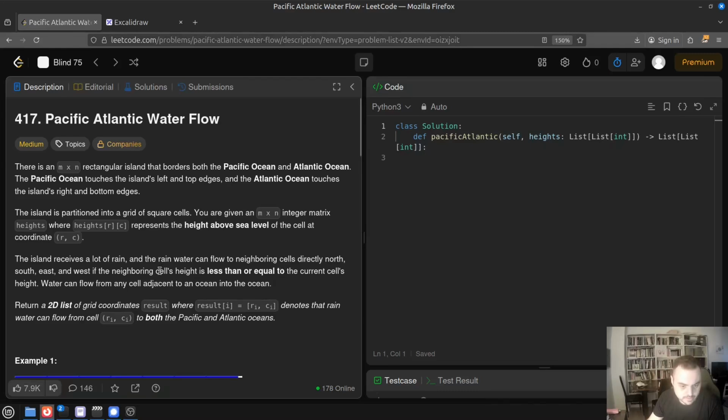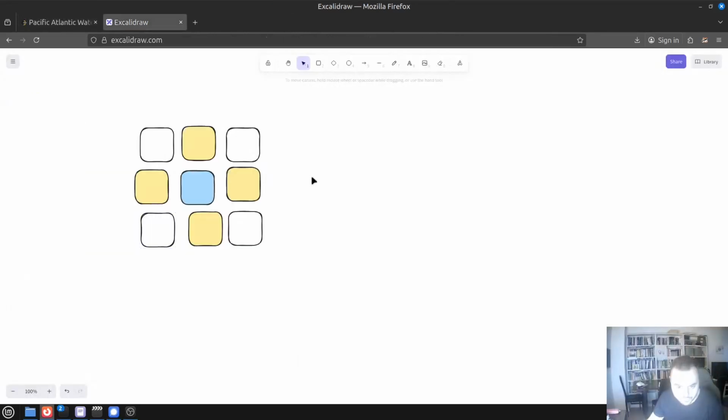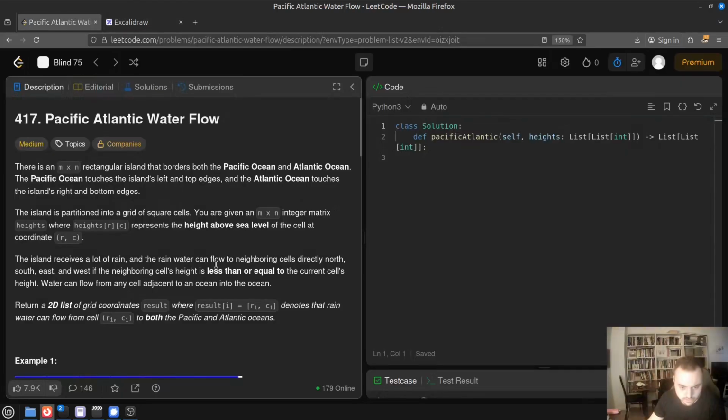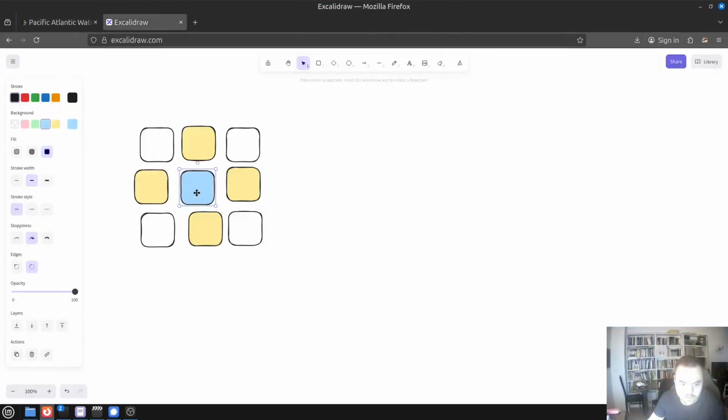And that's the part that I missed. I was looking for if the cell's height is less than or equal to the current cell's height. So if this one has greater height than that one, it can only flow to the neighbors, but then the next condition is that it can only flow in one direction. If your neighbor has height which is less than or equal to your height, then